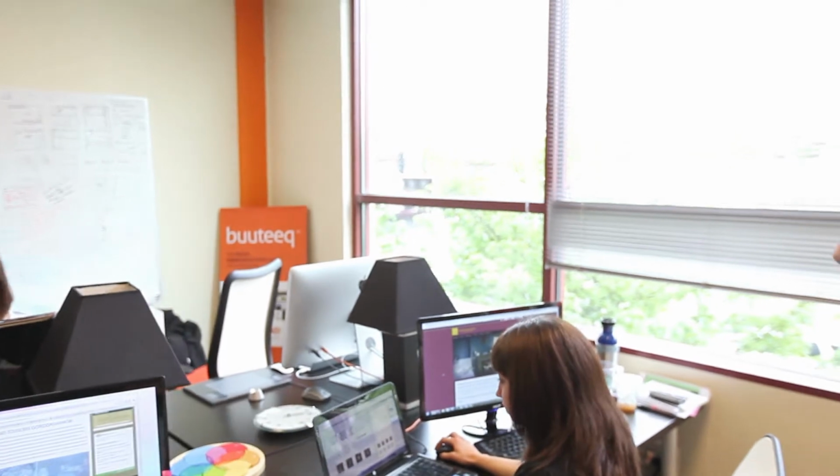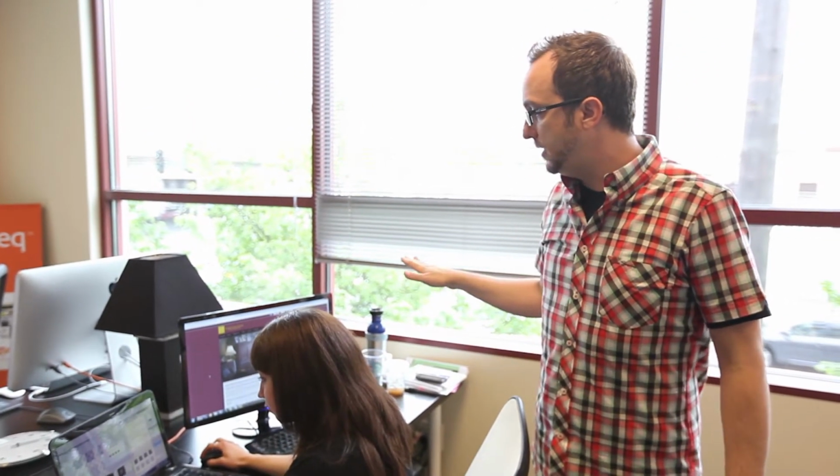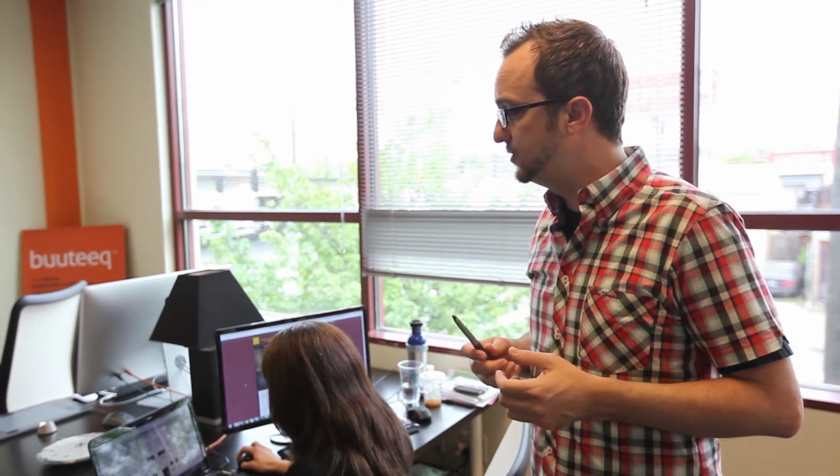Here we have Kristen. Kristen's working on some of the icon sets that we use. One of the ideas that we have with the new branding and design system, which we're tentatively calling the Design Concierge, is that it helps suggest design to you. So it's a good juxtaposition between having professional design but giving you control. So the system suggests a lot of things to you based on the personality that you want your property to